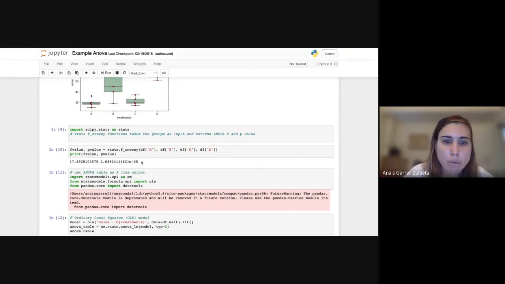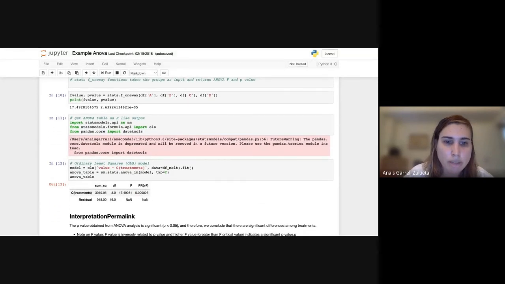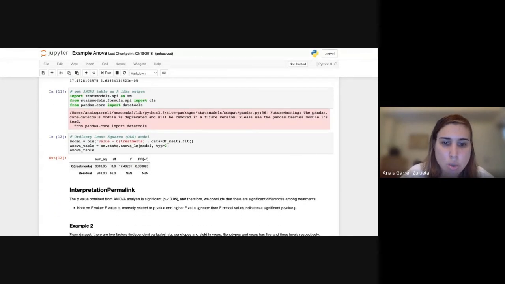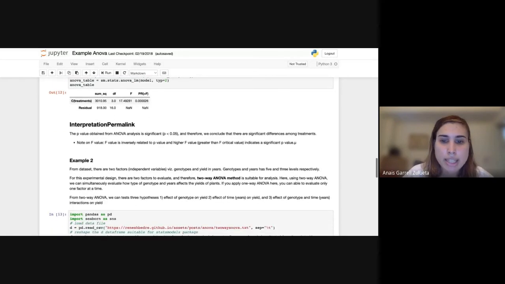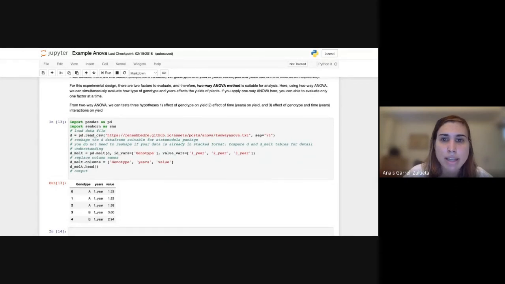2.6310 minus 5. So it's a really small value. Okay, so it means that I can reject the null hypothesis, so I can accept the alternative hypothesis. So we can conclude that there are significant differences among treatments. Okay? Let's see the second example here, where I'm adding a new